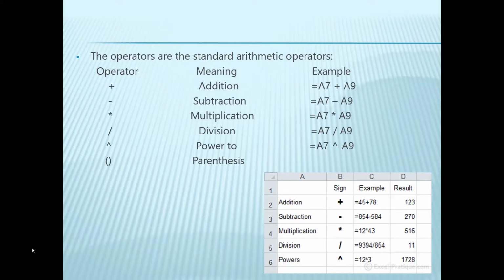The order in which these operators are executed is: the parentheses go first, then the multiplication or division in order from left to right, and then addition or subtraction, that also in the order of left to right. In this picture below you can see the addition and their examples.